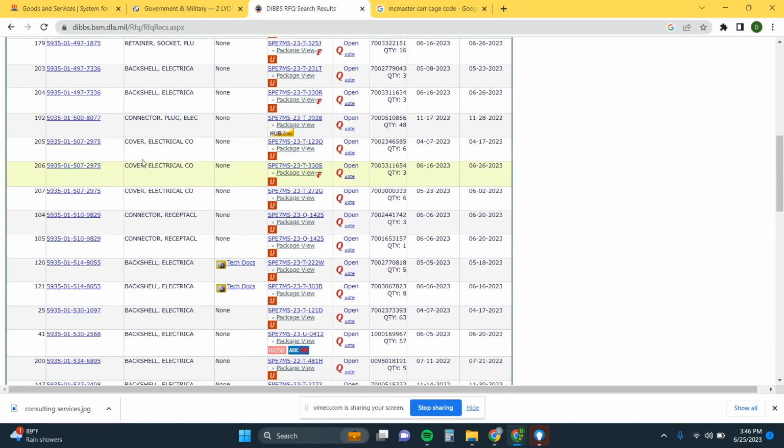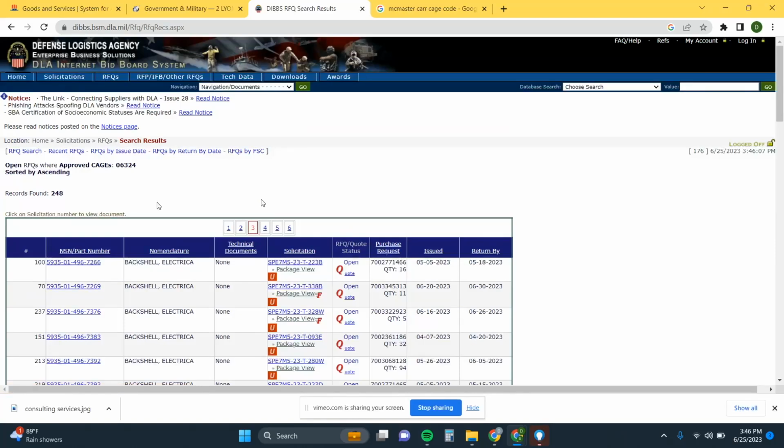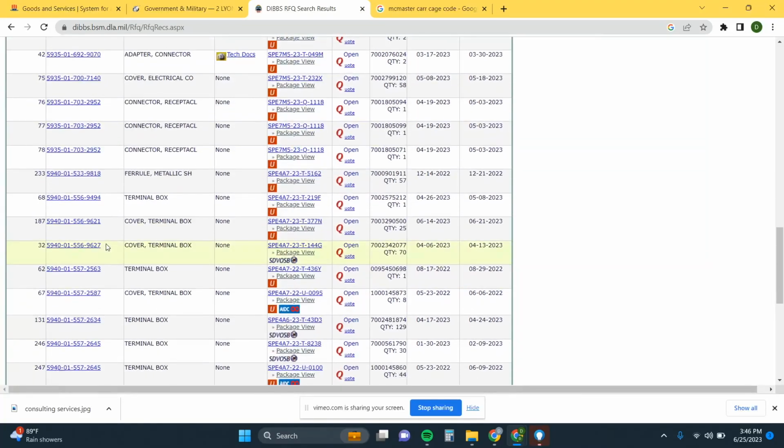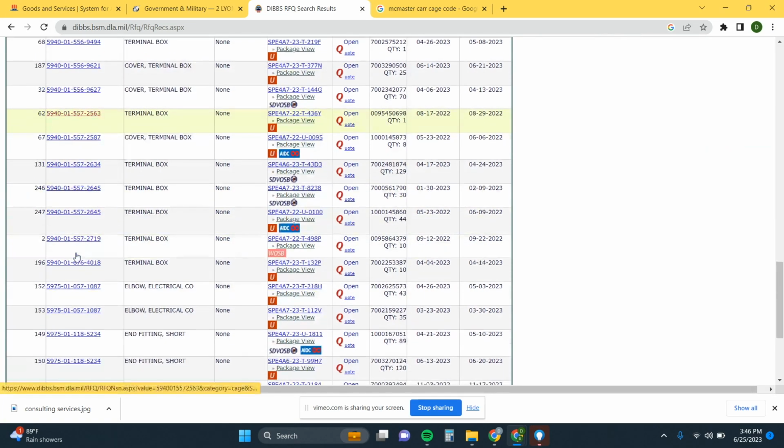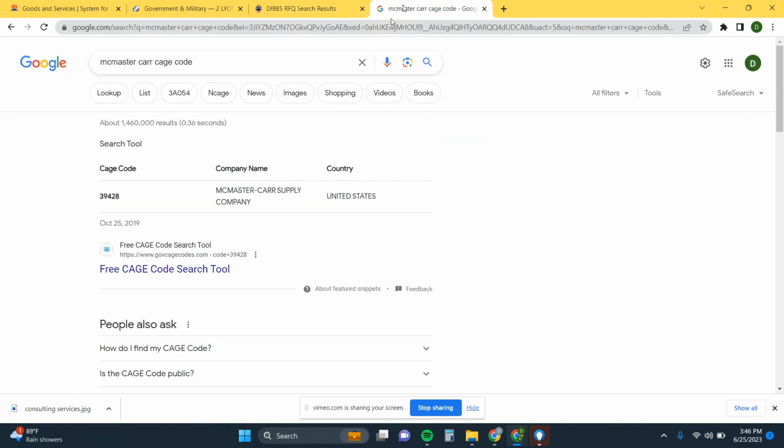As you can see, these are all contract opportunities that you guys are going to be able to bid on. So there's 248 contracts just for this CAGE code, not even for this FSC. So I just wanted to see if there's anything else. So there's 5.940. I don't really like any of these. So what we're going to do is we're going to look up